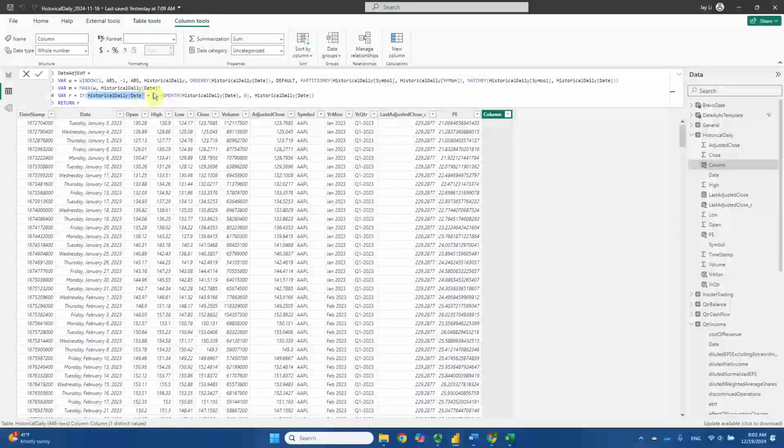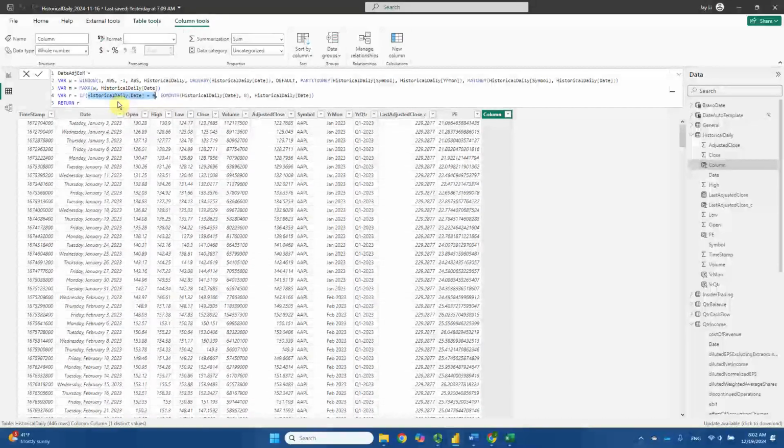If that date is the same as the last day of the current month, well, we'll need to make some changes. Because now, if this condition holds, if the current date in the historical daily table is the same as the last trading day in this month,